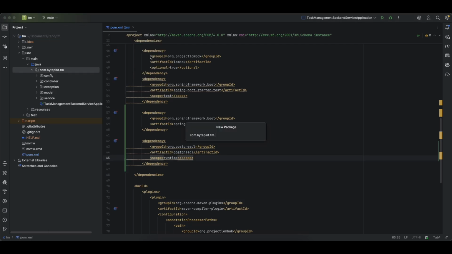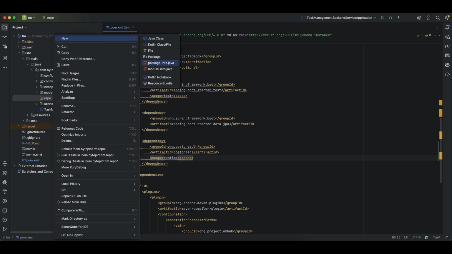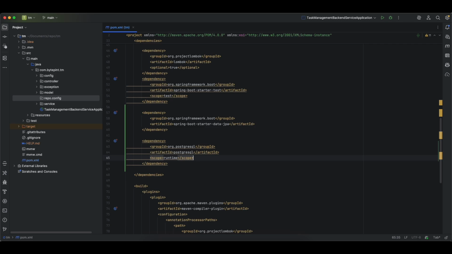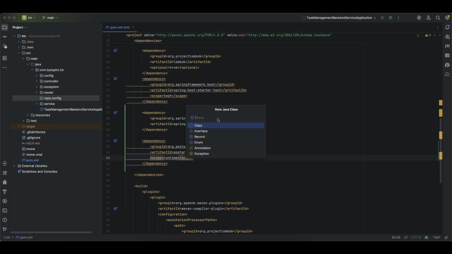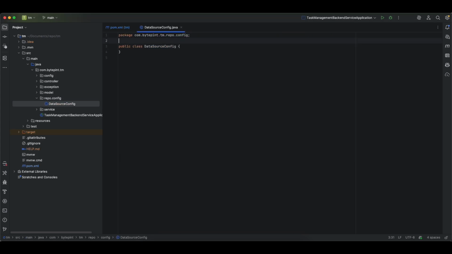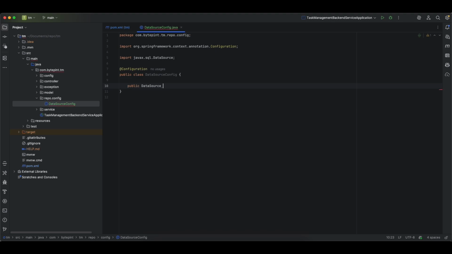So first of all, let's create a package named repo. Okay, and let's do some config. So in the config folder, first of all we need to provide a data source. So let's create a data source config class. As it is a configuration class, let's annotate it with configuration. And now we need to provide two data sources, one for read and one for write. So let's do it: public data source, write data source,